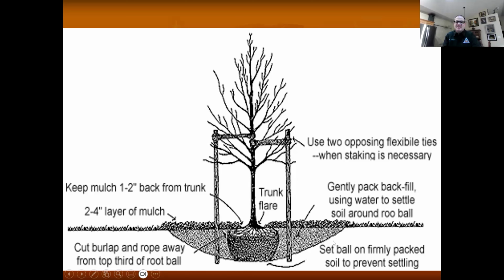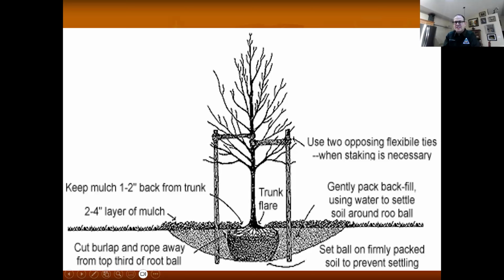Because the problem with this in heavy clay, if we get an inch of rain, it'll fill up this deep in water and it can drown your plant. The reason you don't have to go this far in good soil is as long as it drains well, roots don't grow down this way. They grow out this way. So what you're doing by making a wide but shallow hole, you're going back in, taking the dirt out and then putting the same dirt back in. Don't amend it, don't put peat moss in it.